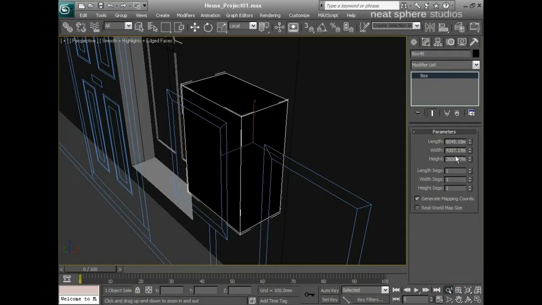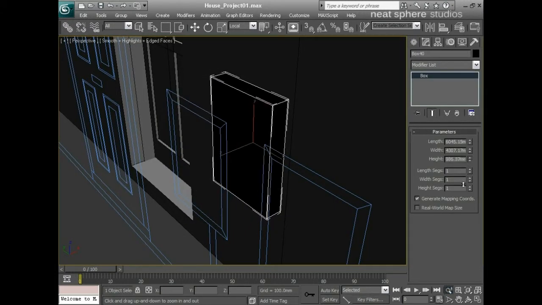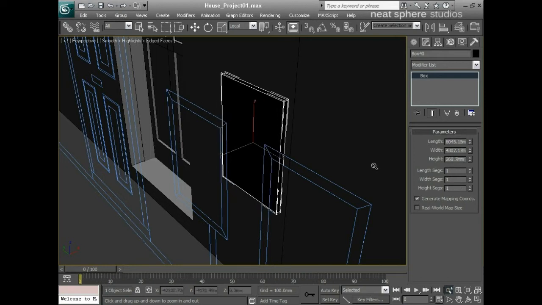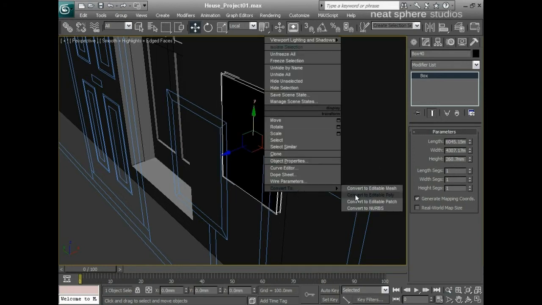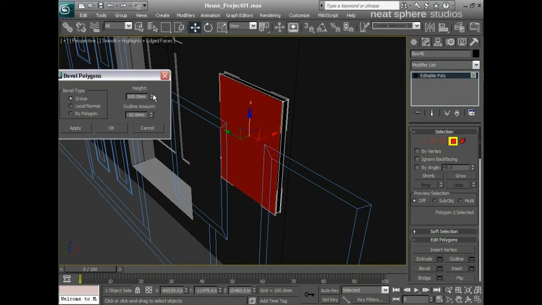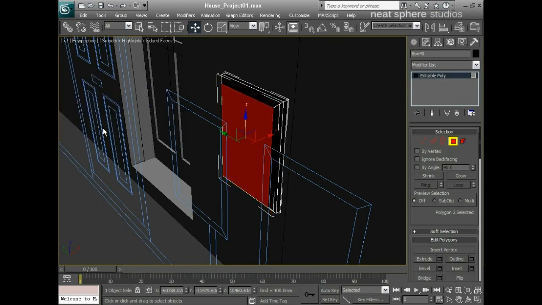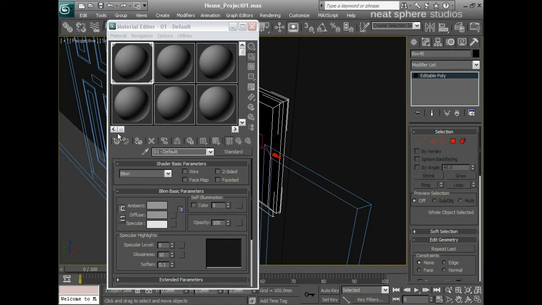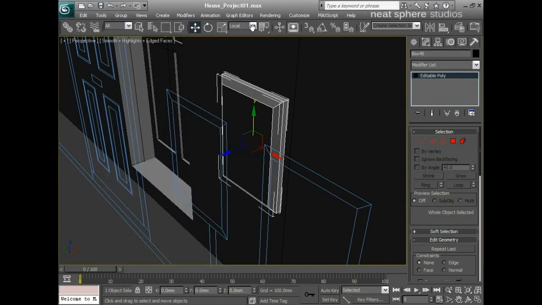This is like an electrical or a gas meter box, so that'll come in just there, and I'll convert that to an edit polygon, select that face and bevel, and come in, there we go. Apply my material to that,